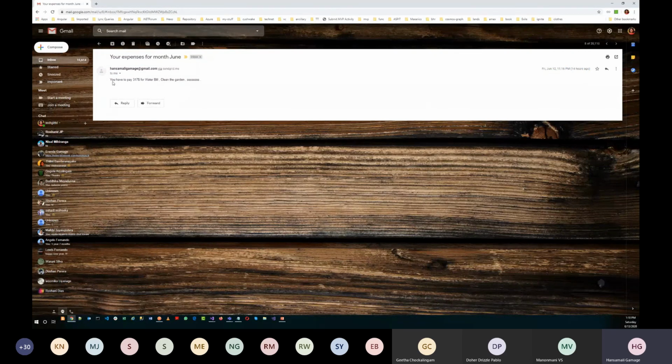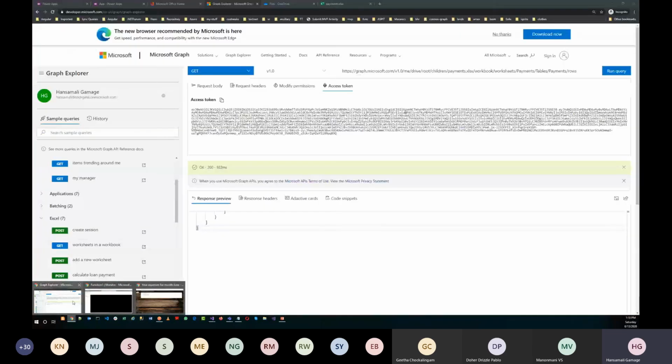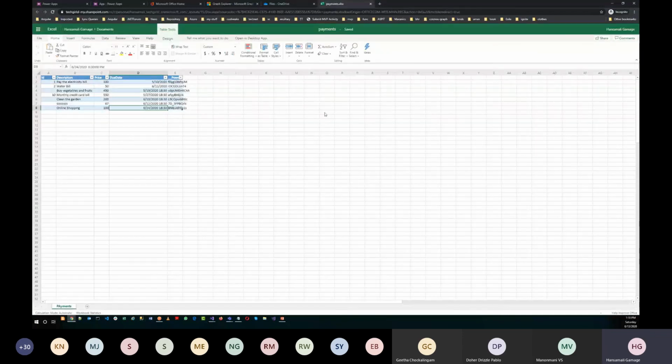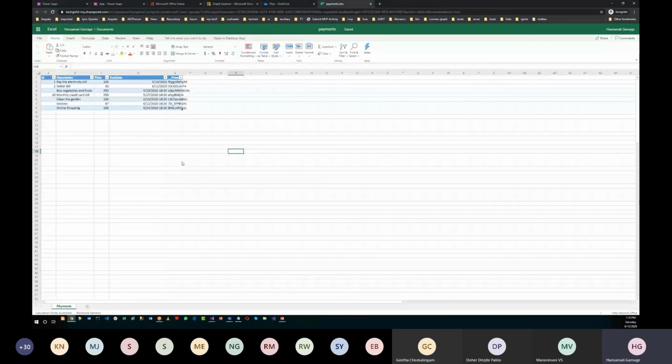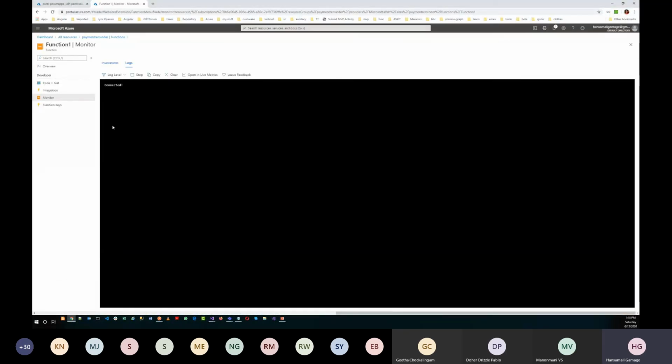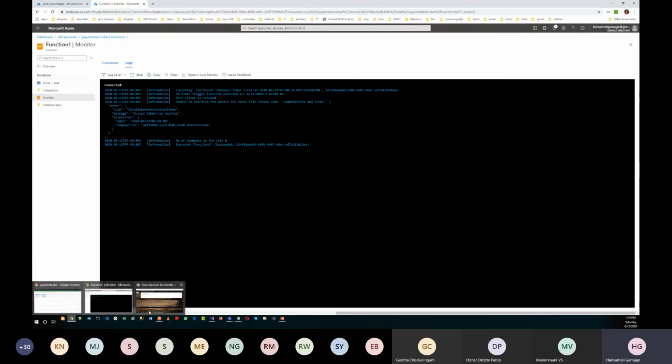You get this type of email message for the expenses you have in the Excel sheet, right? You can add your expenses into this Excel sheet, which you created from Power Apps, then your Azure function will read those and send you an email message. So that's the demo.